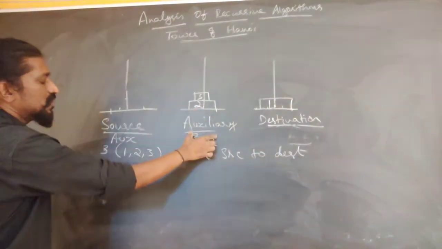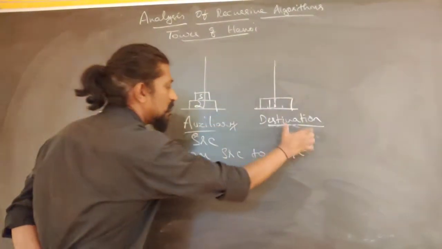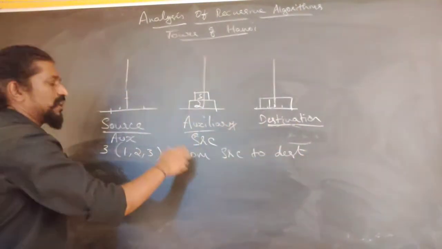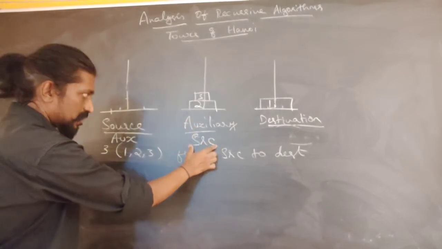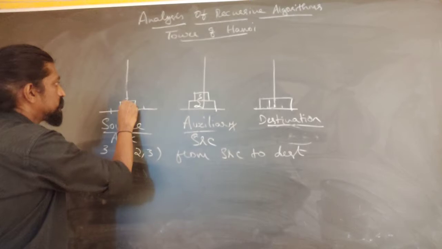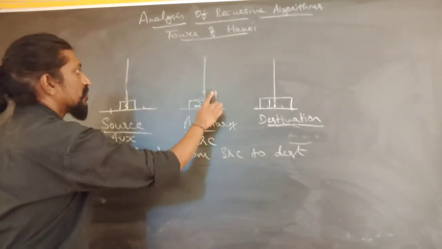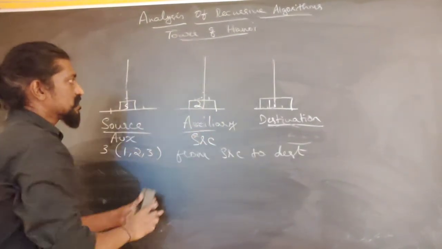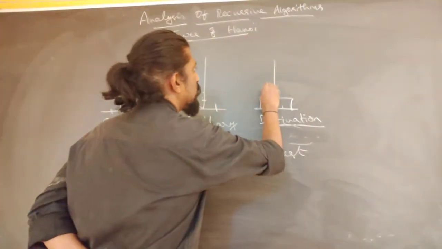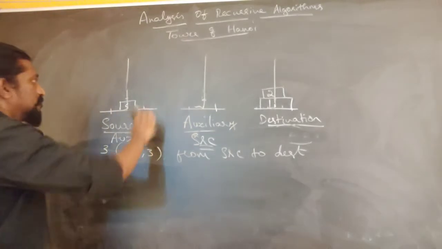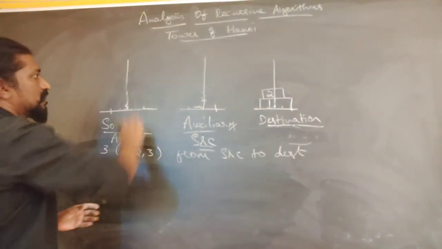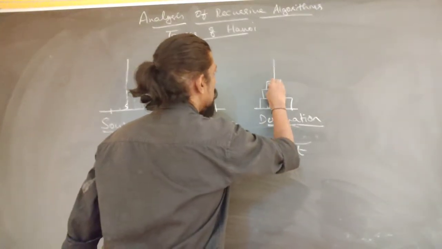So move two disks from the auxiliary to the destination. To move two disks from the auxiliary to the destination, we need to move one disk from the current source to the auxiliary, which is this. So therefore disk 3 will come here, and now this one disk which is present at the auxiliary can directly move from the source to the destination. This is the source now, so disk 2 will come and sit on top of disk 1, and finally now this one disk which is present at the source can be directly moved to the destination, and this is how